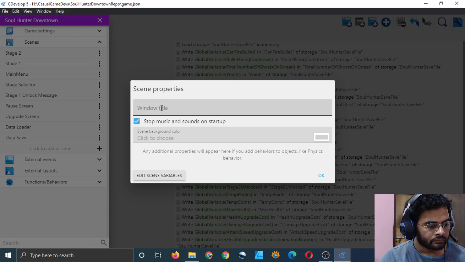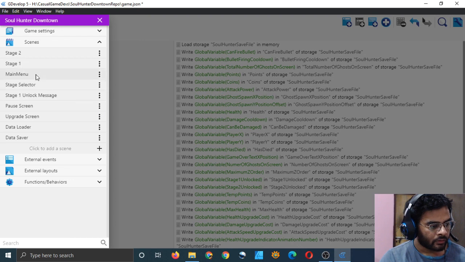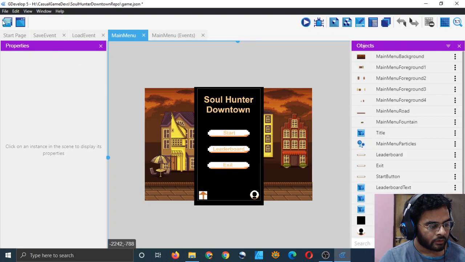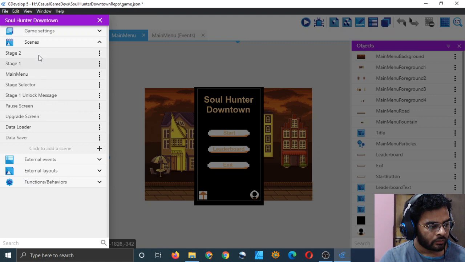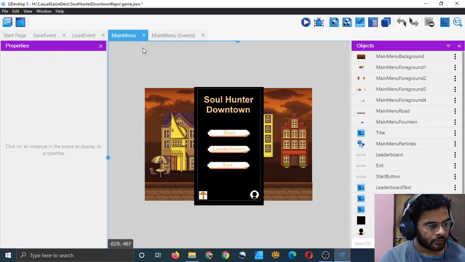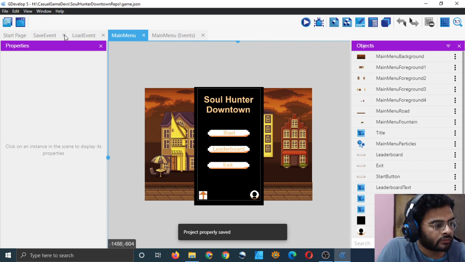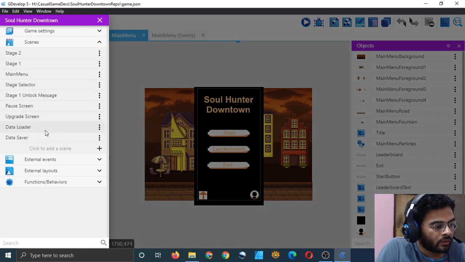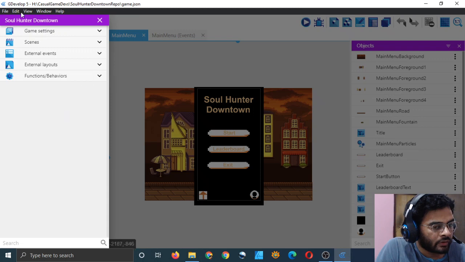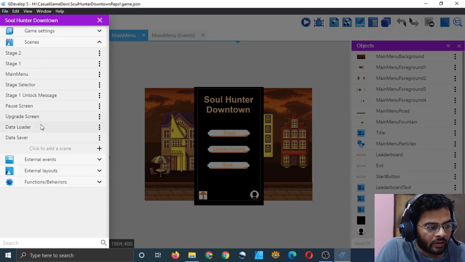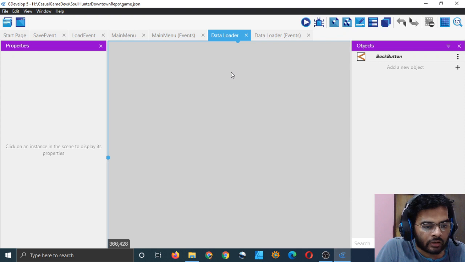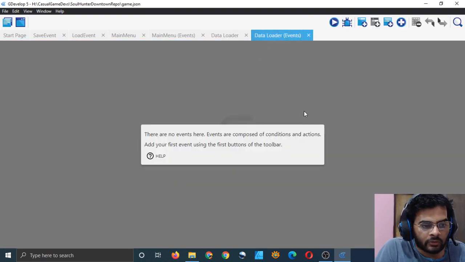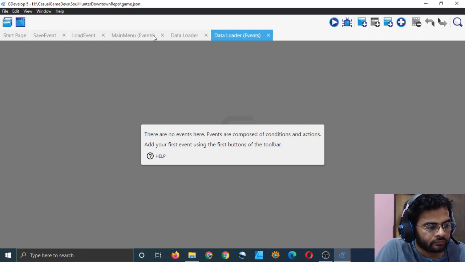Hmm. Okay. Whatever. Suppose I start in my data loader scene. I will see how to set the starting scene. Our starting scene will be data loader scene all the time. And in data loader events, we have to link the load event, right?